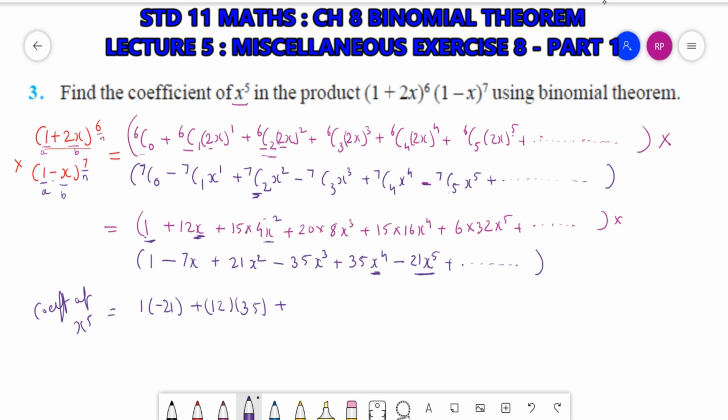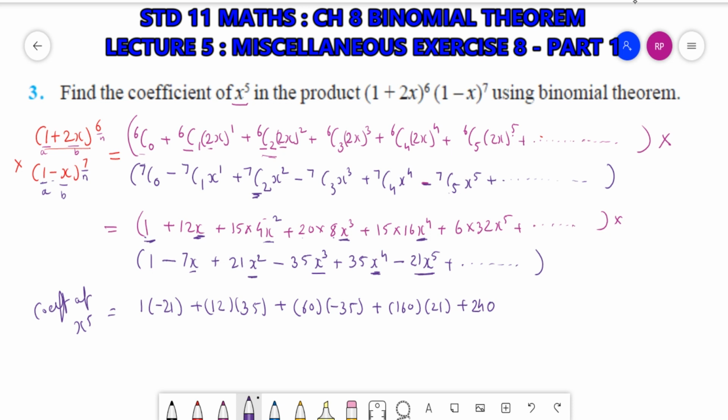So when x square is multiplied by x cube, we will get 60, 15 into 4 that is 60, into minus 35. Plus x cube when multiplied by x square we will get x raised to 5. So 20 into 8, 160, into 21. Plus x raised to 4 multiplied by x, so 16 into 15, that will be equal to